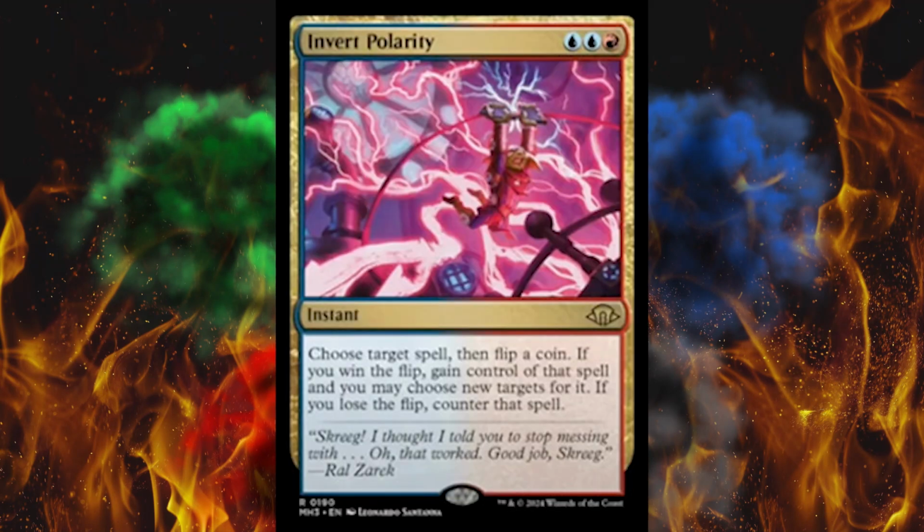So next up we got Invert Polarity, which represents everything wrong with the game right now. It's 2 blue and 1 red, instant, choose target spell, then flip a coin. If you win the flip, gain control of that spell, and you may choose new targets for it. If you lose the flip, counter that spell. You cast a card and don't know what it's going to do. You are relying on luck to do whatever effect is more beneficial at the time